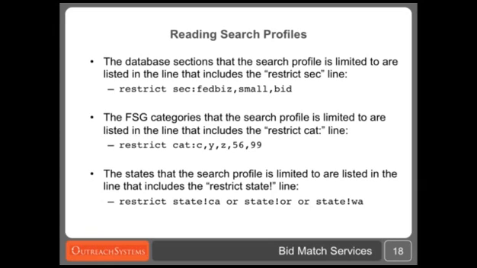Remember, I told you earlier that the small database contains every other federal bid not otherwise published in FedBizOps, and the bid database, which is the USA bid data. So if there was a database restriction, you'd see that line at the top. If the client